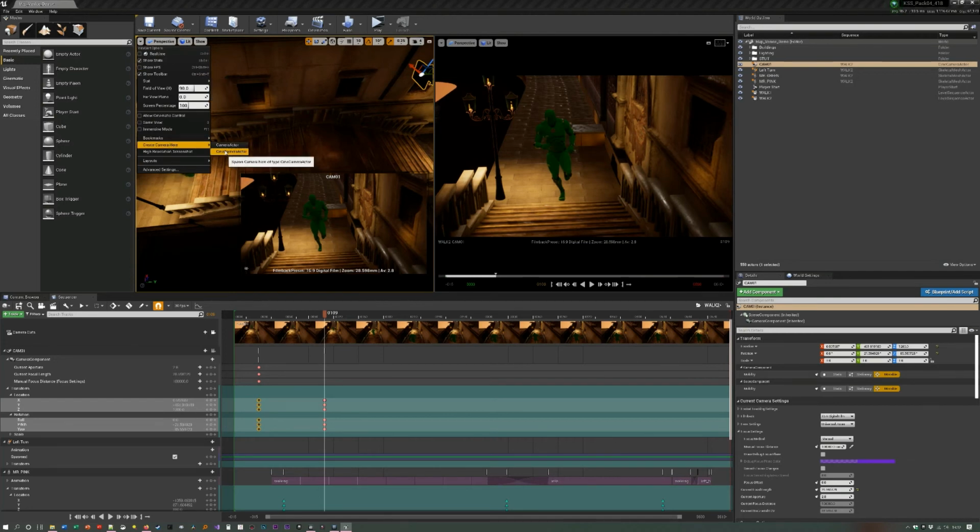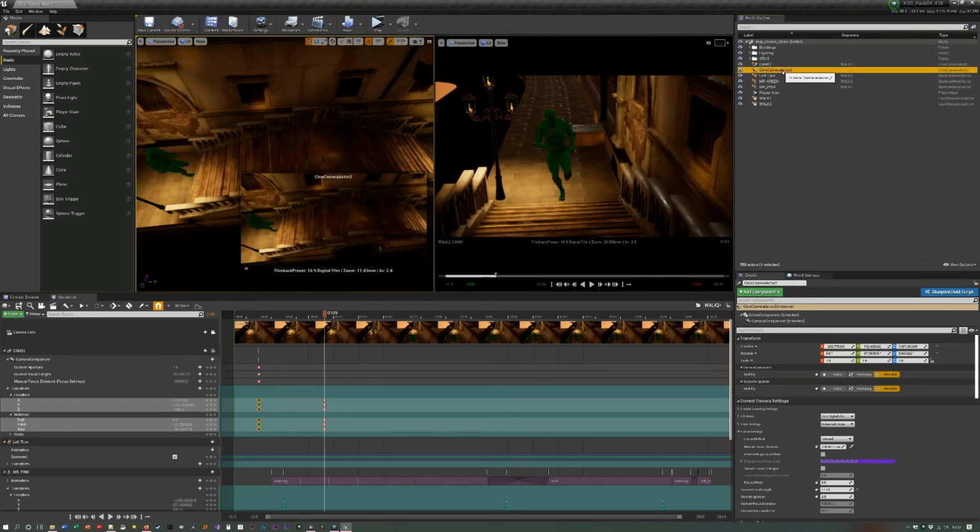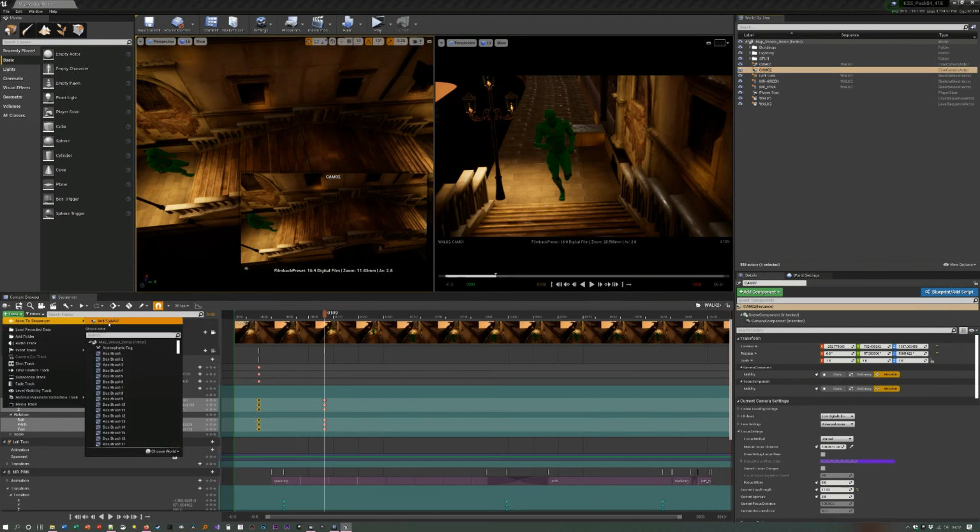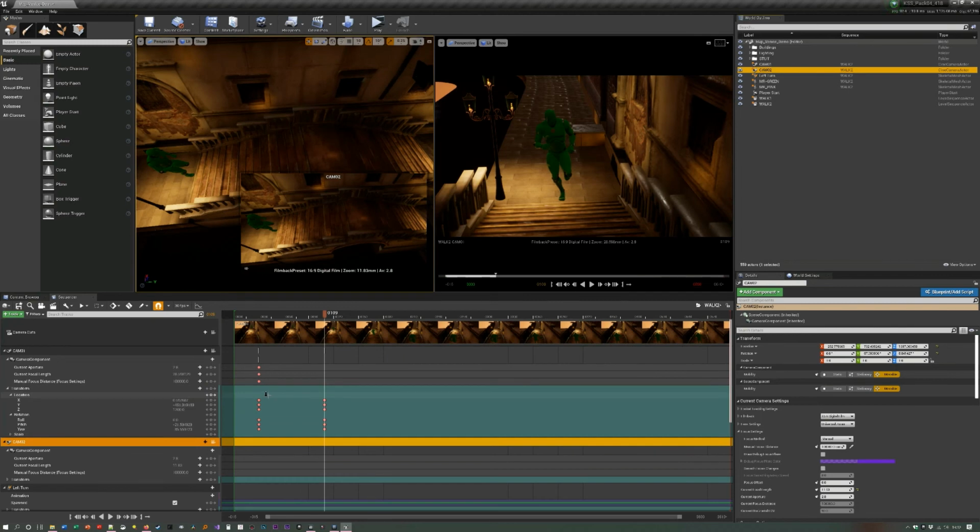Cine camera actor. This, unsurprisingly, will be called Cam 02. Add Cam 02. It should be selected to add Cam 2. Yep. And that's there like that. Now, at the moment, we're just seeing that there, and